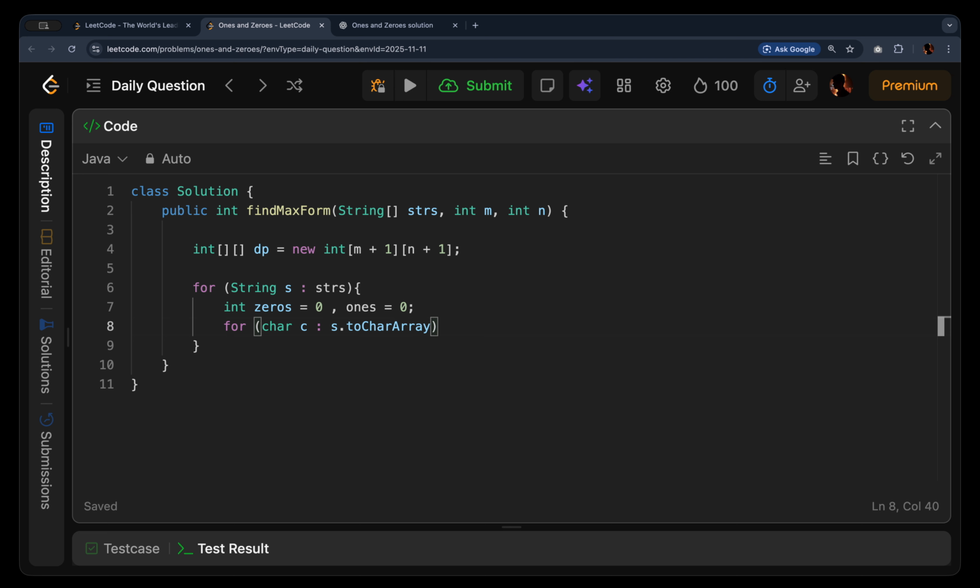So now again brackets, again parenthesis. We are now gonna run an if statement. If c equals to 0, then we are gonna add it to 0. Obviously semicolon is important. Then else if